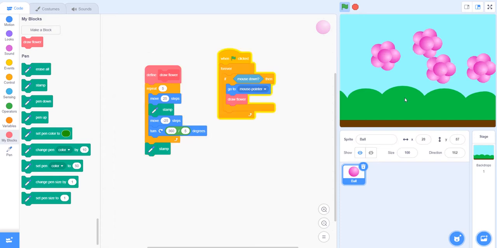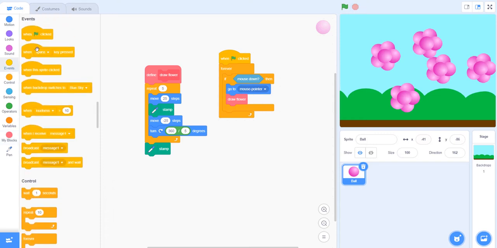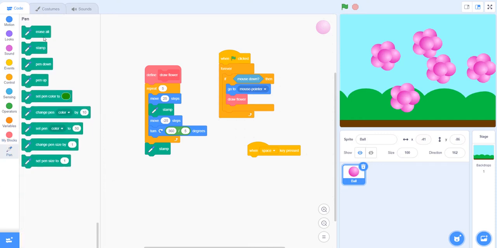Yes, it's creating flowers, but just pink color isn't very good, so I will do something. I'll select one space key pressed, erase all, because I don't want to always go to the pen and select erase all. We can just press space. So now